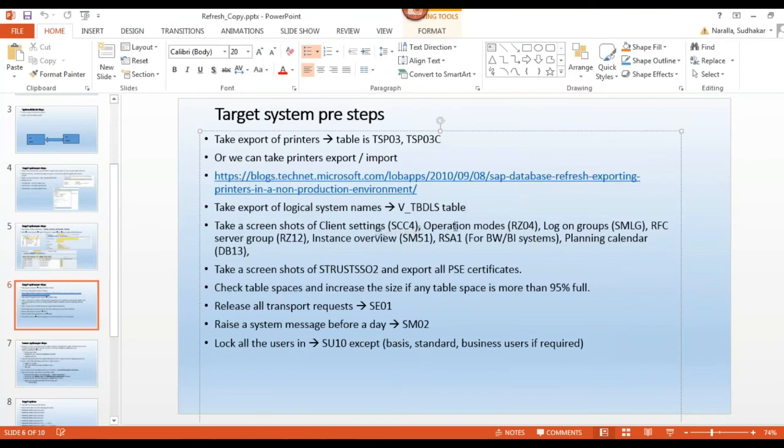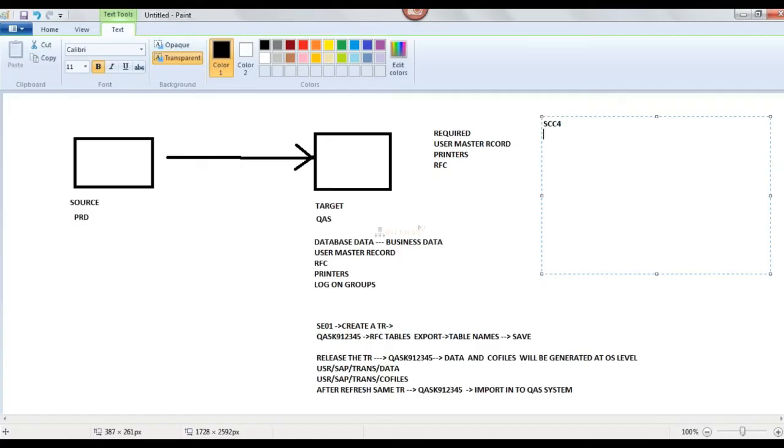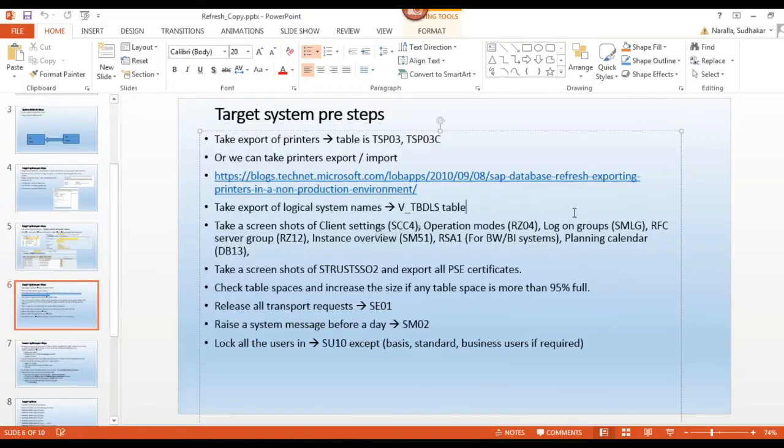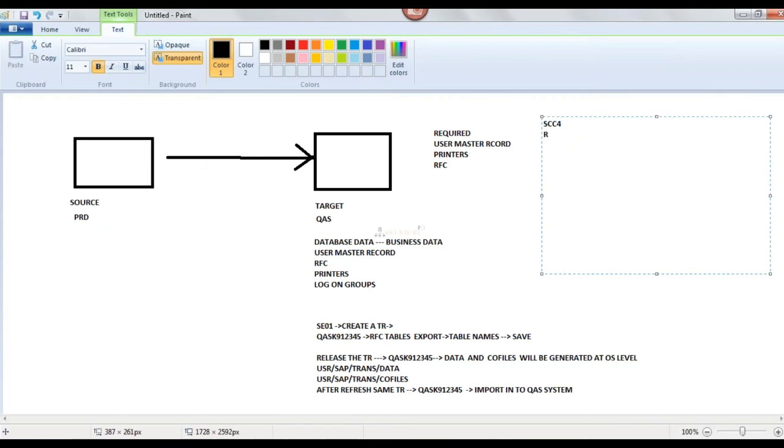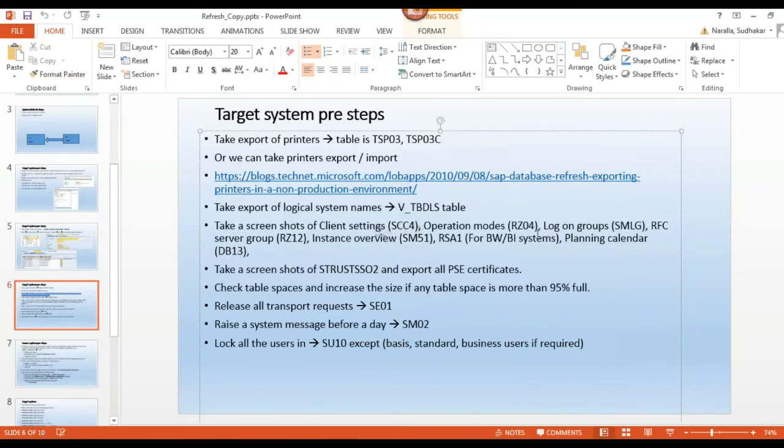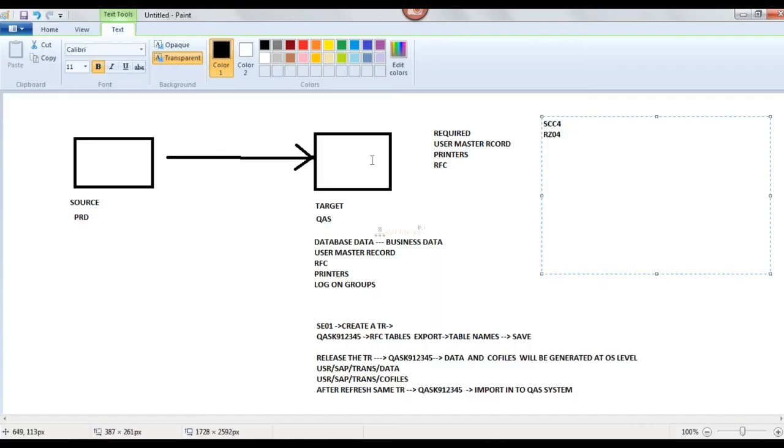Okay. And operation modes. What operation modes are configured in quality system? You need to take a screenshot. What is that? T-code RZ04, correct? RZ04 and logon groups. Is there any logon groups created?